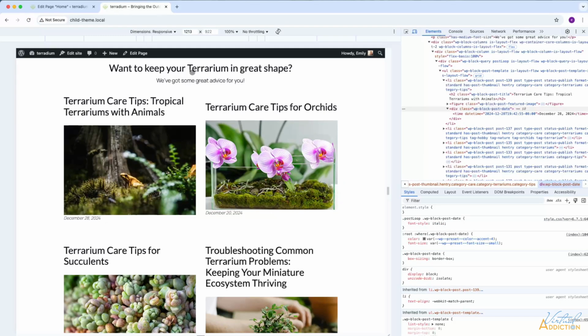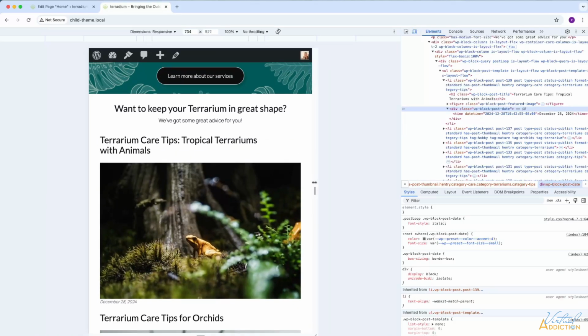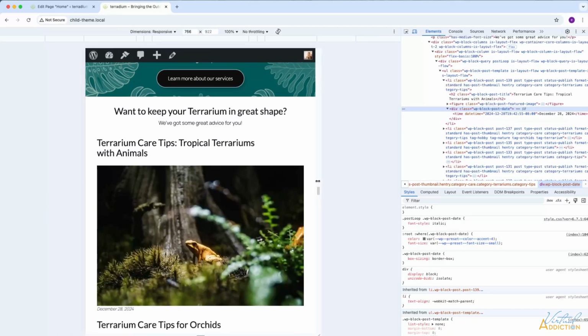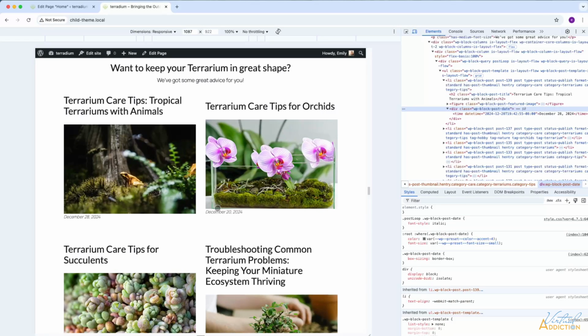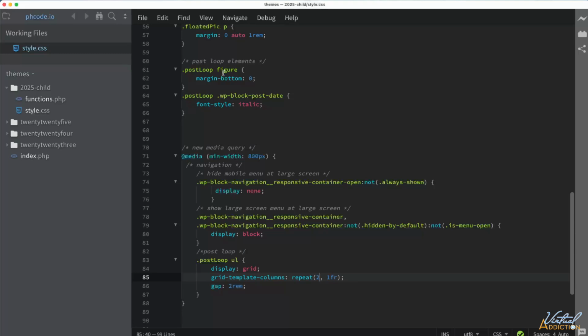So at a minimum width of 800 pixels or above, we now have these 2 columns. And then anything less than 800 pixels, it's going to go to 1 column. So I'm liking that better. You can see this is a little tighter. I forgot to make the H2s a little bit smaller, so let's go ahead and do that as well. And then we'll make another media query that will have this display in 3 columns if it's larger than, let's say, 1100 pixels. So I'm going to come up here outside of the media query, and we will go ahead